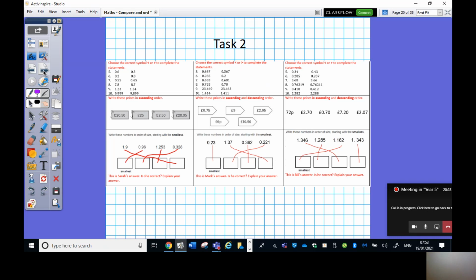Okay, so now I'd like you to complete task 2, which is the rest of use, apply, and the last one. When you have finished, there's an answer sheet on the main sheet. Can you please check your answers, tick them off, and then upload them to